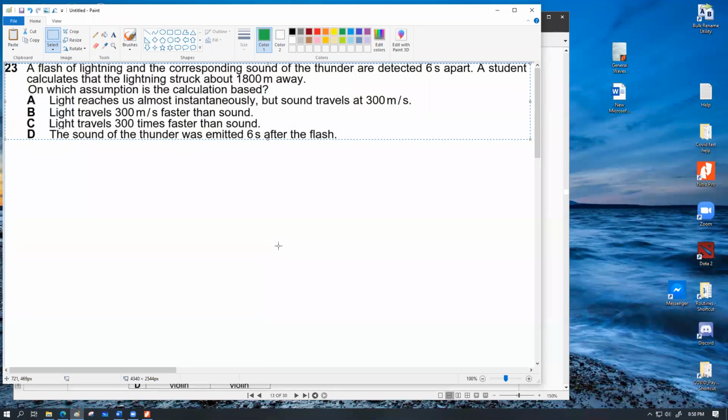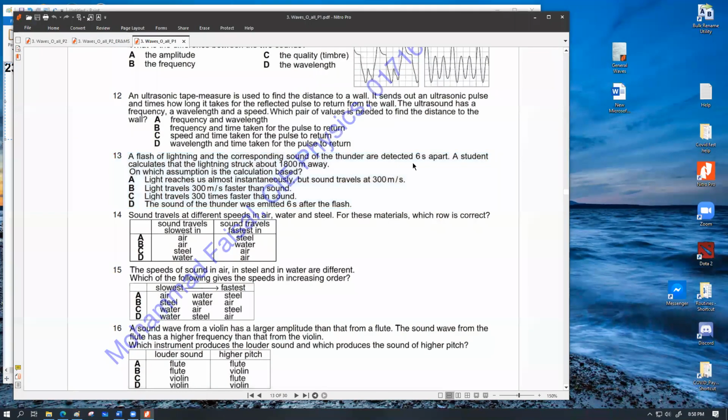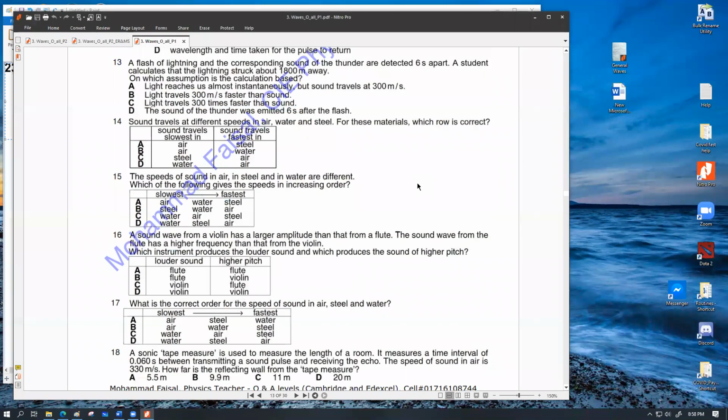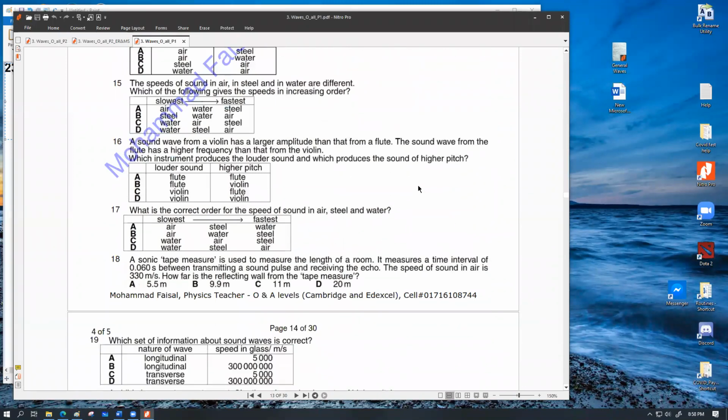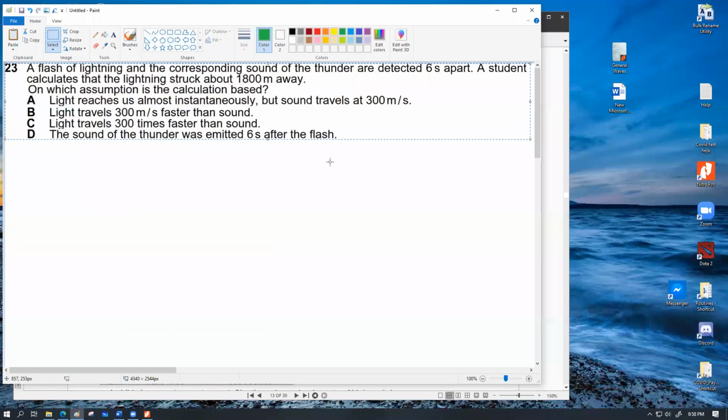A is the correct response, exactly. Light reaches us almost instantaneously, but sound travels at 300 meters per second. That's why it takes 6 seconds of time to cover the 800 meter distance. Good. আচ্ছা এরপর এখানে 16টা দেখো, 16টা ট্রাই করো।